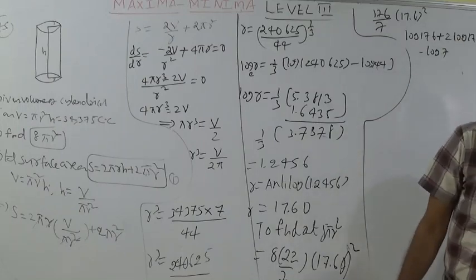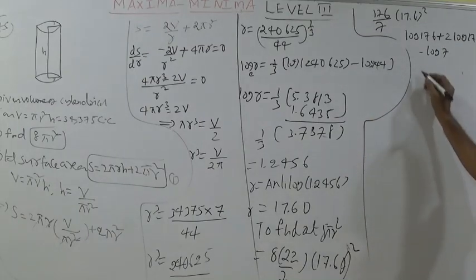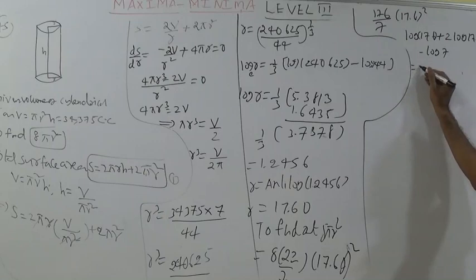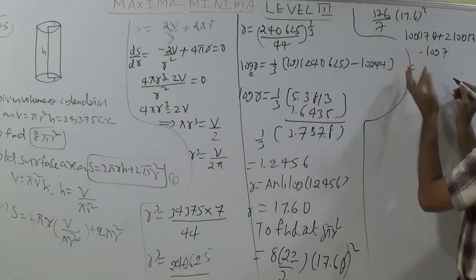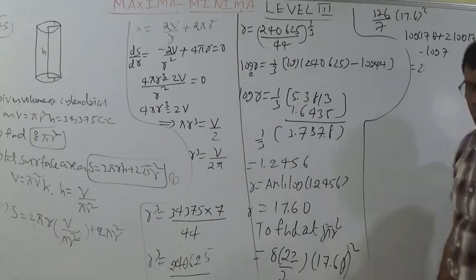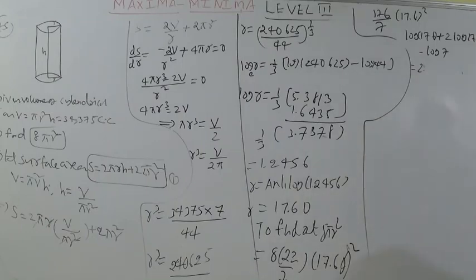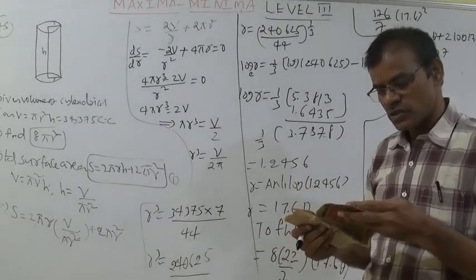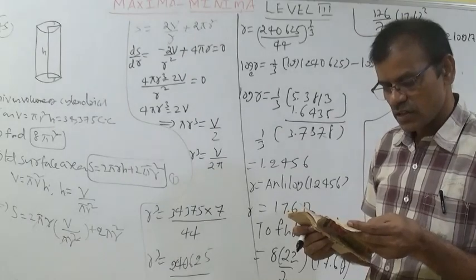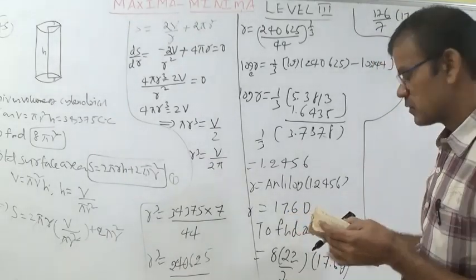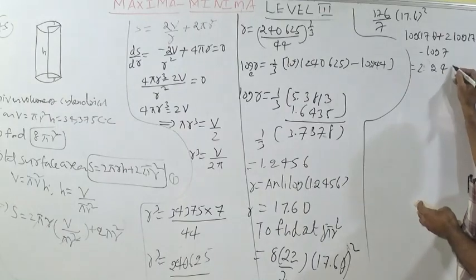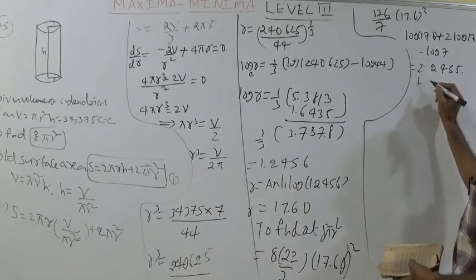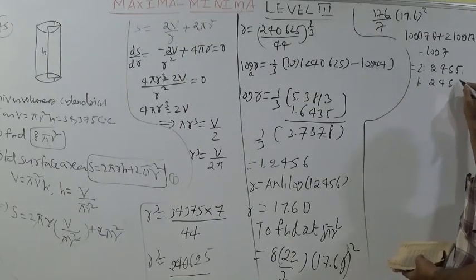After completion, verifying the anti-logarithm, we get the value. Log 176: 3 digits, so you should put 2 point, and under the logarithm page, open the logarithm page and see 17 under 6. Only simple logarithm 17.6. The value is 2455. Here log 17.6: 17 means only 1 point, so you can write 1.2455.